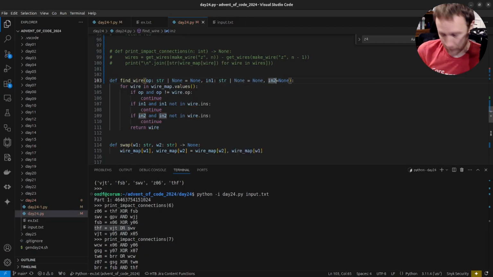And this one will be string or none. So now we have types. These are all optional and they take strings. And so for each